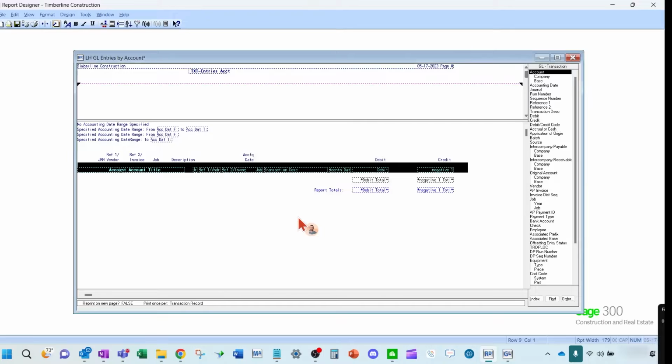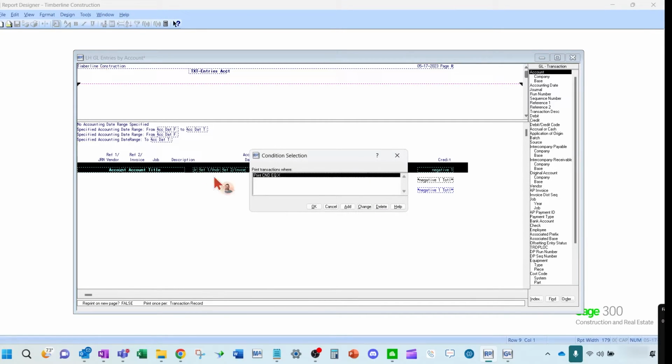Click OK. Now, I've put it on as a prompt field, but I haven't built anything that says what to do when I select that. So step 1 would be to create that prompt field. Step 2 would be to go up to design and add a condition. So any condition you add here will save in the report, so you don't have to keep doing it every time. So you don't need a prompt field for a condition. You could just add another condition in the design.